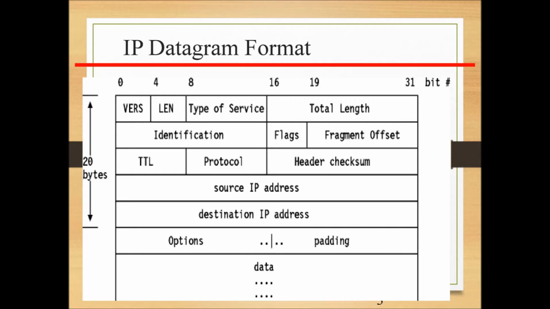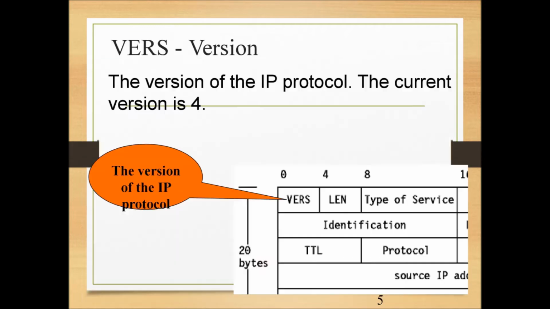But again, you must understand about header. If there is no header, the data which is transmitted by the sender can't be transmitted in a proper way to the receiver side. So header contains some extra information which is compulsory, which is vital to send the data from sender to receiver.